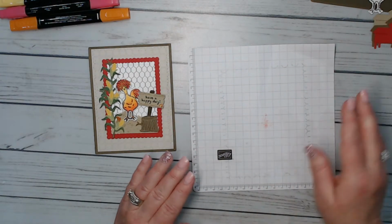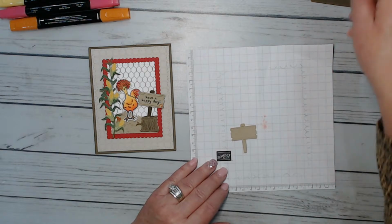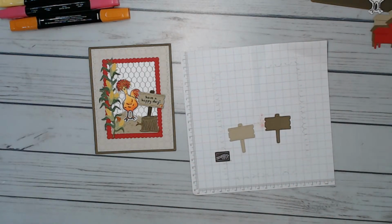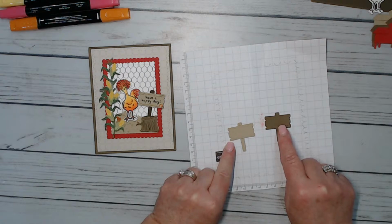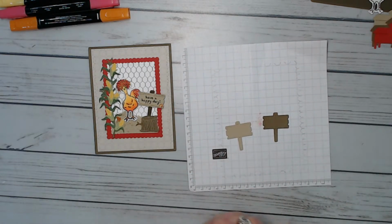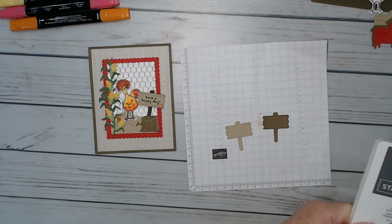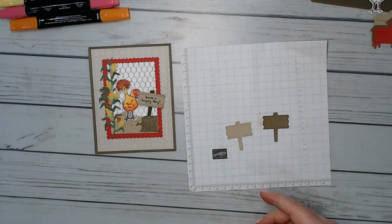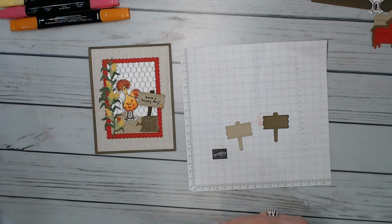So the next thing I did is I cut out my 2 signs, and the reason I did 2 is because I want one to be the sign and one to be the post. Okay, so what I'm going to do is bring out my sentiment and do my sign, and that I did not pull out yet, so I think I'm going to pull out...